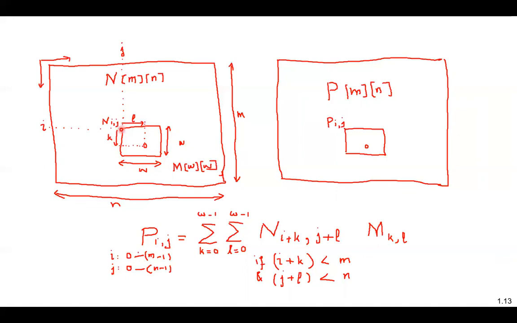I have placed my mask at position Nij, and now I want to carry out this dot product. This will happen. I give the name MWW to this mask. So carrying out this calculation on all the locations of these arrays will be the 2D convolution. That will be the 2D convolution calculation.